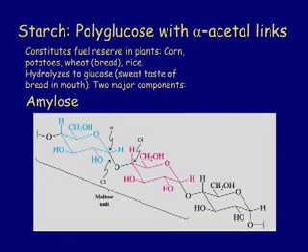This dimer here is actually a disaccharide called maltose, which you may, it's in malt sugar, which you may have heard about. Anyway, if you make a polymer of this, you get starch. So this is a polyglucose with alpha-acetal links. And this is the fuel reserve that plants use. Okay? So the cellulose is primarily used for structural material, and this is for the fuel reserve. So this is the stuff that you'd like to stay away from if you're overweight, and so on. Okay? It's in potatoes, wheat, rice, and so forth.